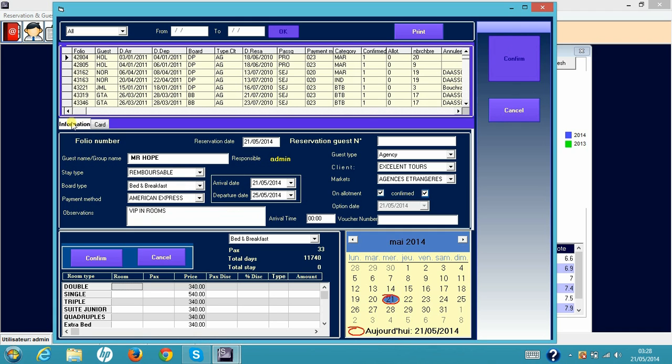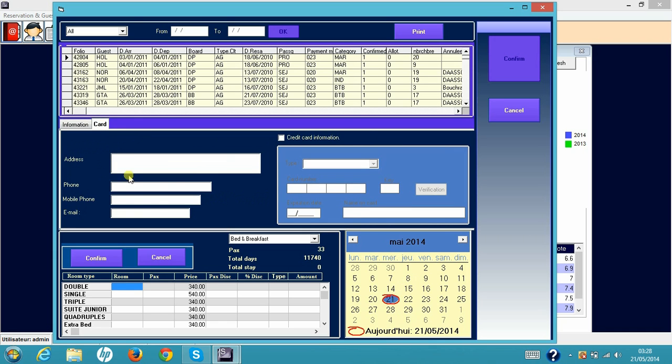Now, this is the first information and this is the second information. So we can put his address if we have it, his phone, mobile phone, his email, because it's going to be in the guest profile, after we're going to see the guest profile, and this is the information about his credit card. If we have his credit card, we put credit card and we can see Visa, MasterCard and everything. Imagine it's MasterCard and we put the number